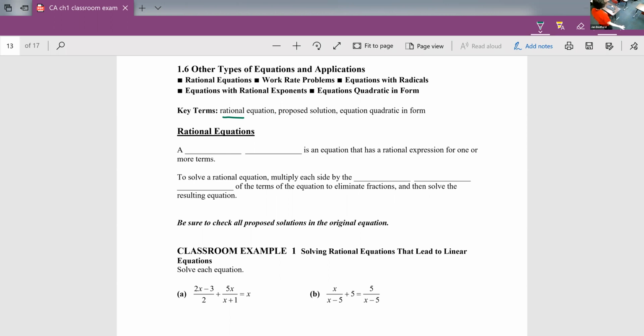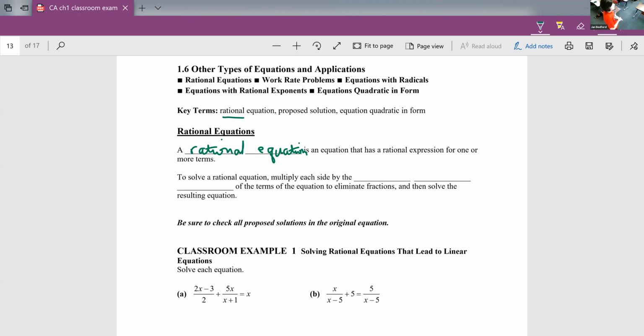Fractions, very good, because we see ratio in there. A ratio is a comparison between two things. So it's going to be equations that have fractions. And that would mean that a rational equation, I'll fill in blank here. A rational equation is an equation that has a rational expression or a fraction in it for one or more